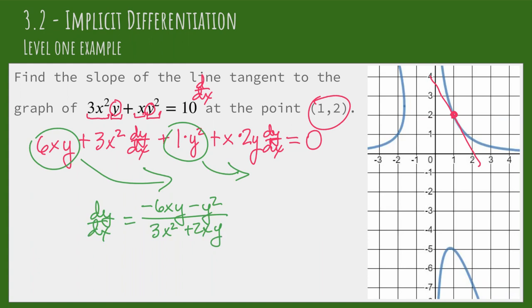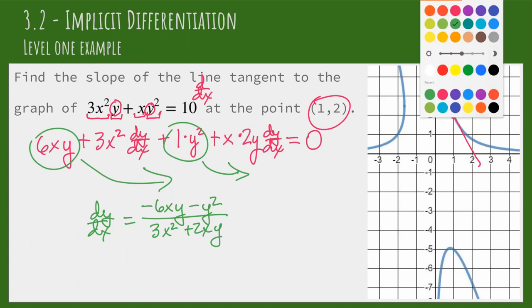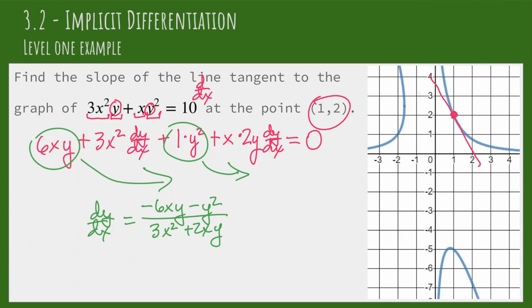Now, I did those steps in my head. There's nothing wrong with writing them. But essentially, when we're doing a problem like this, we at least need to get the derivative step right using implicit differentiation and then solve for dy dx. Now, more specifically, we want the slope of the tangent line at that point. So we're going to plug in 1, 2. So dy dx